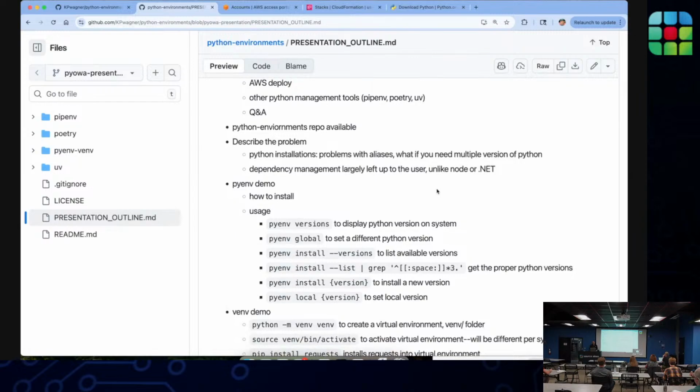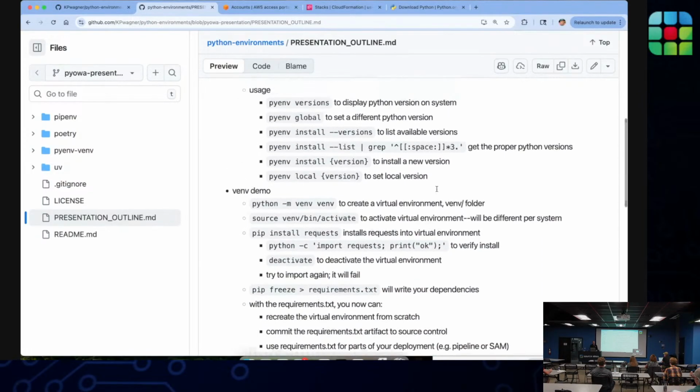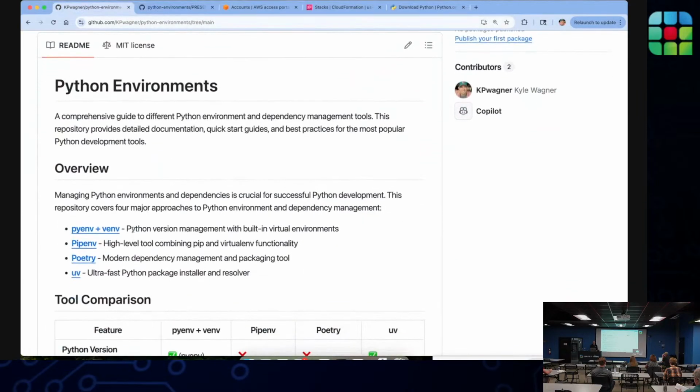So some of the tools that are available to address that are the ones that I mentioned, pyenv and venv. Those are the baseline tools. They're close to available out of the box, I would say. Pipenv is, I would say, a modest upgrade from that, and we'll take a closer look at that. Poetry is more complex, but solves similar problems.